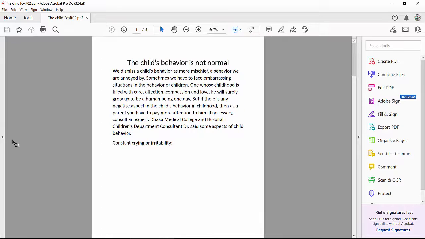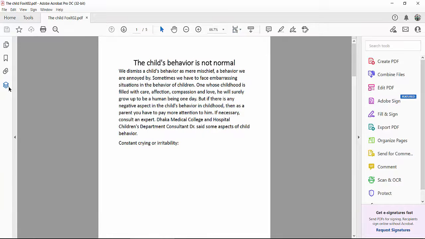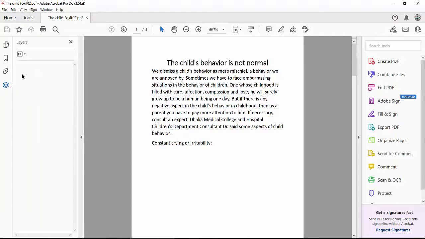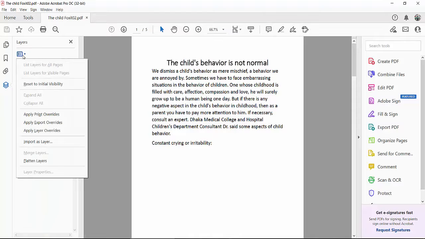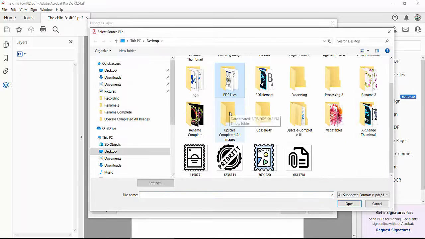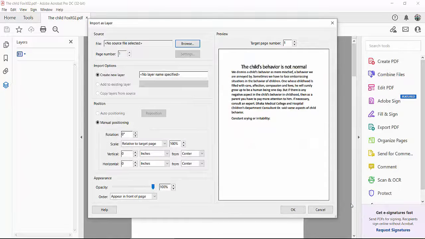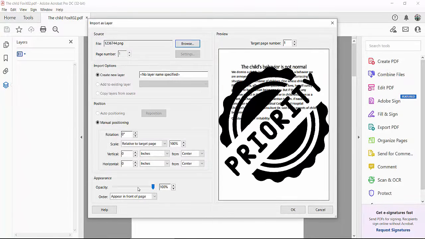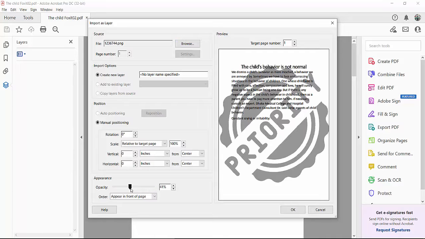In the right sidebar, click on this arrow, and then click on the Layer option. Now click on the Import option, select Import as Layer, and in this layer dialog box, select your Browse option, upload your layer, and insert this layer. Now select Open, and with this layer opacity option, you can make it transparent